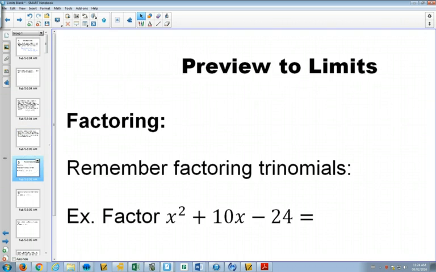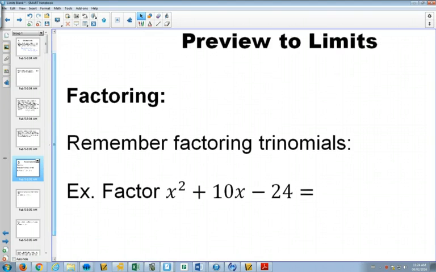Anyways, in order to get to limits, we need to practice some of our skills. Some of them you might remember quite well. Some of them you probably don't remember as well anymore. So we'll review some of those things, starting off with factoring. Now, for factoring trinomials,